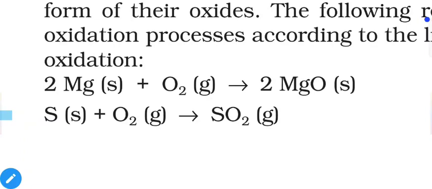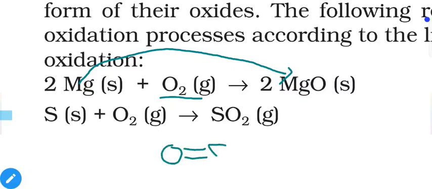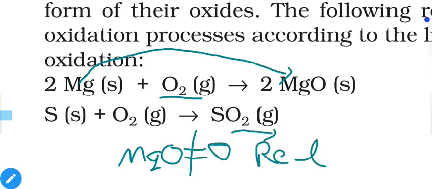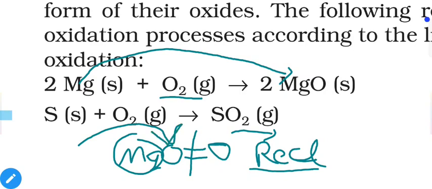So for Mg we added oxygen into it, that's why it is considered oxidation. But for oxygen we removed one of the oxygens. Initially we have O2, that means O double bond O. We removed one of the oxygens and we attached Mg. That means removal of oxygen, as mentioned in the reduction definition, removal of oxygen is considered as reduction, as well as we added magnesium into the oxygen, and magnesium is an electropositive element, so addition of an electropositive element is also considered